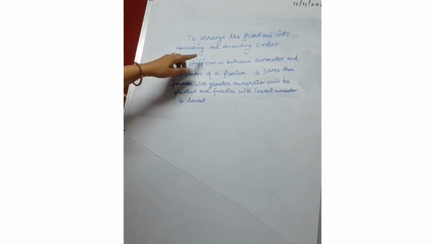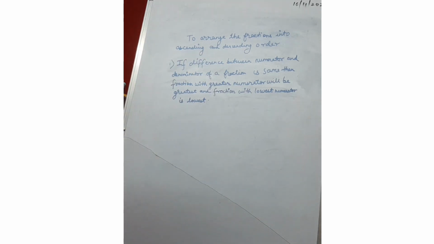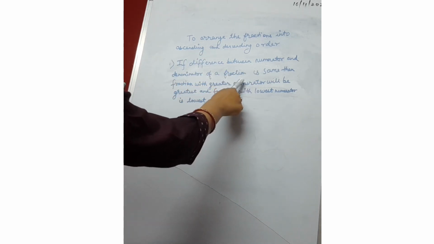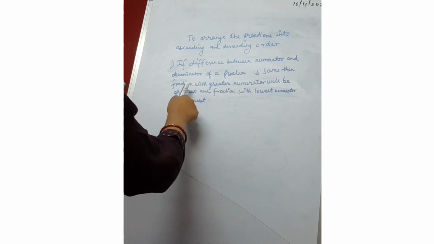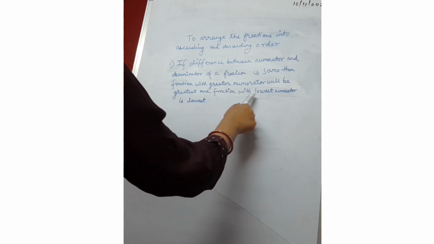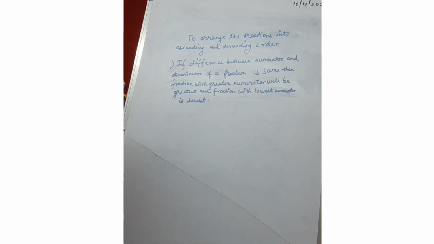Now how to arrange fractions into ascending and descending order. If the difference between the numerator and denominator of the fractions is the same, then the fraction with the greater numerator will be the greatest and the fraction with the lowest numerator will be the lowest. For example,